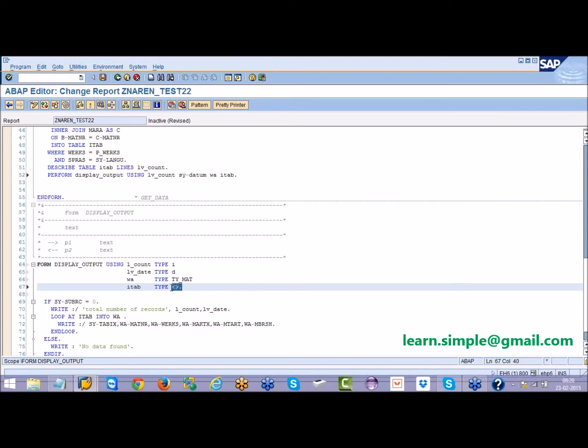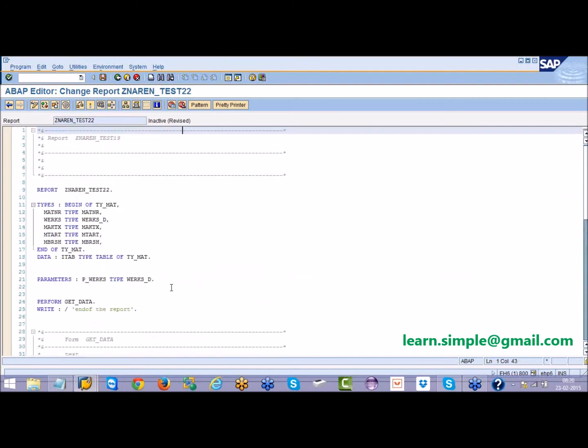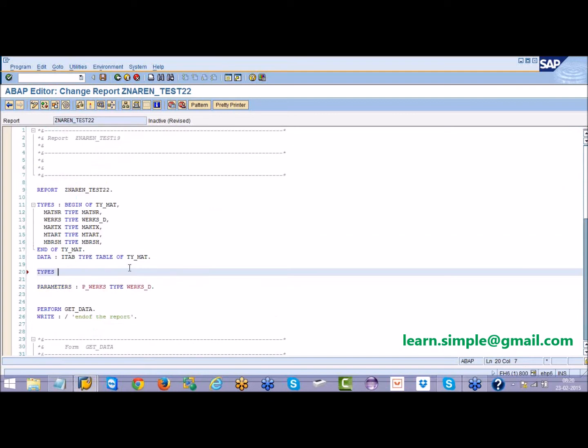So first you need to declare the table type. How to declare the table type? Go to the top of the program. Say here types, some ABC, XYZ or whatever, type table of TYMAT. So ABC is my table type, which has the same syntax as my internal table, but memory is not allocated for it.